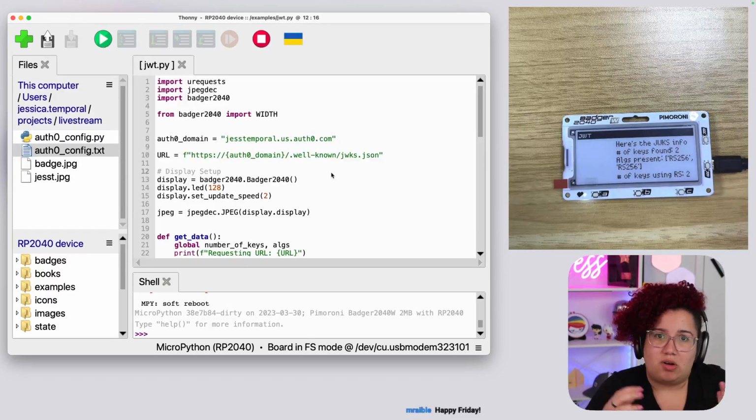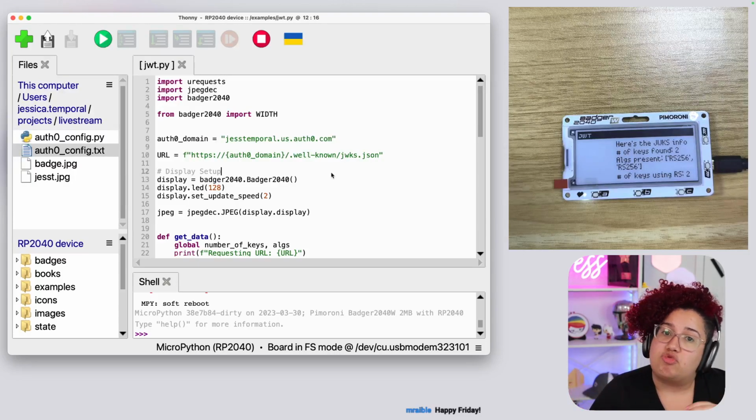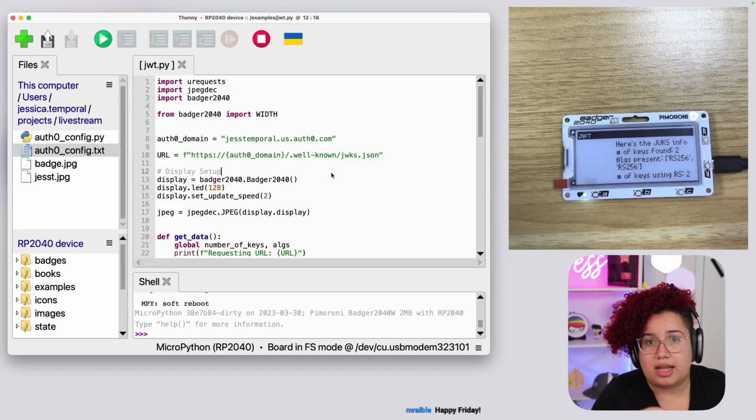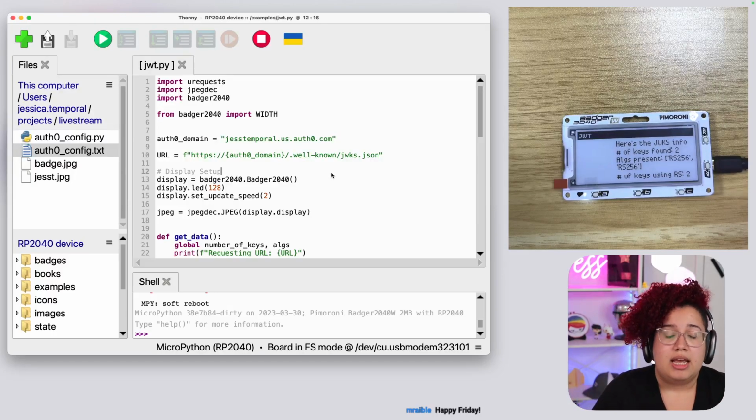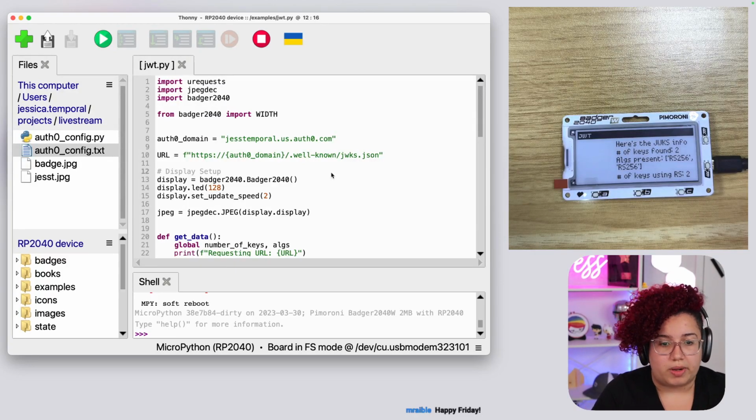So I did, oh, let's try this one, because once I configure everything and make sure that the protected API calls work, I can then change all of the information I need to access that API, get new access tokens and everything else, and then have the badge display whatever I wanted to display, right?